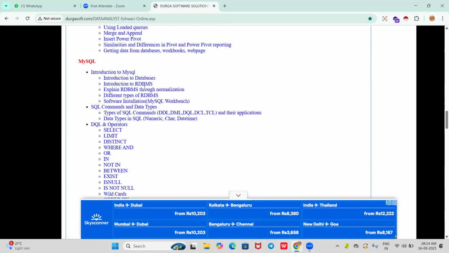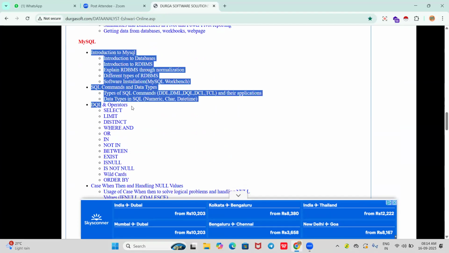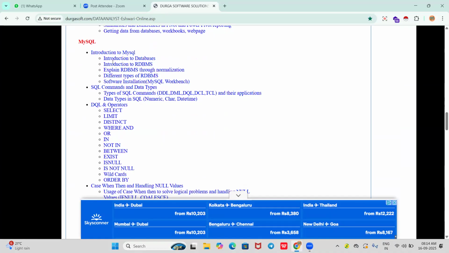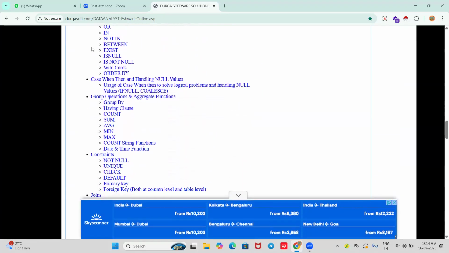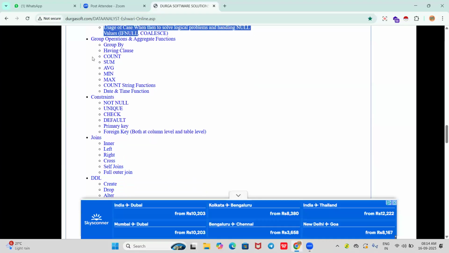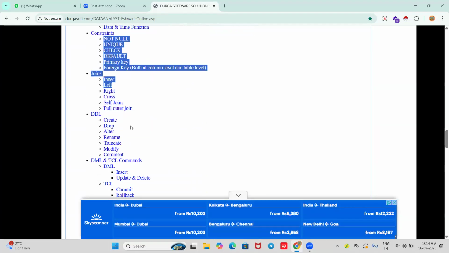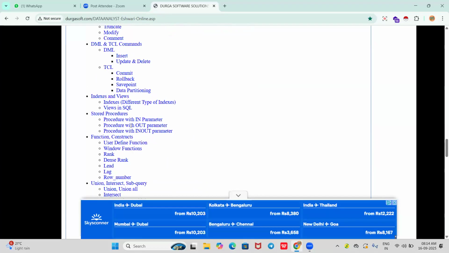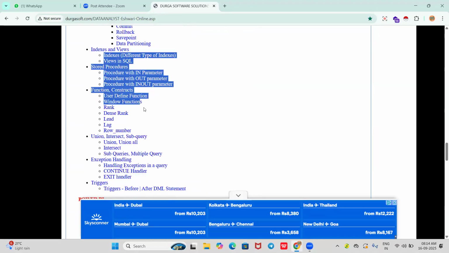Right, in SQL also, we have a number of topics. It starts from basic to advanced level, right? So these are the constraints, joins, DDL, DML, transaction language, and we have indexes and views.